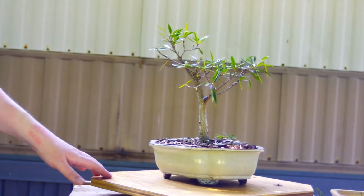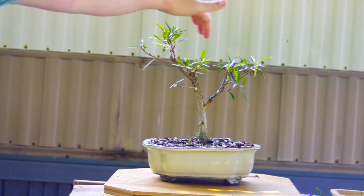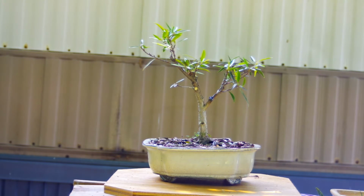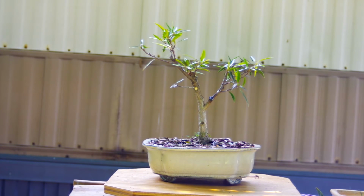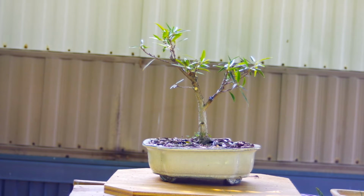So, as you can see, I cut a lot off, but I've got the basic shape I want, where this needs to fill in here, and then this will be a pad here, and this will be a separate pad. And we'll leave this for now. I don't know if I'll keep it long term, but for now it'll stay. See what it does and what I think of it. I'm on the fence about it. So if I'm not sure about something, I don't remove it until I am. Yeah, I think that'll do